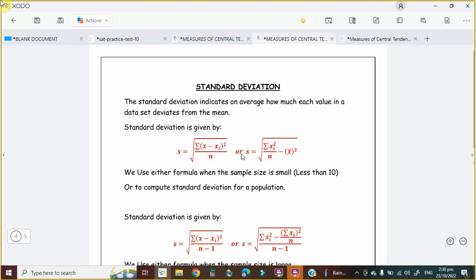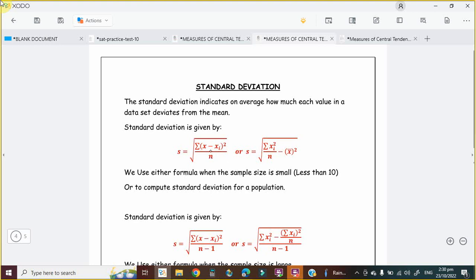Now, gentlemen, here's the thing. The only time you divide by n is when you're finding the standard deviation for the population or when the sample size is really small, less than 10. Let me say it again. The only time you divide by n is when the sample size,